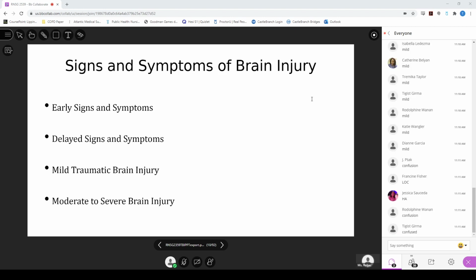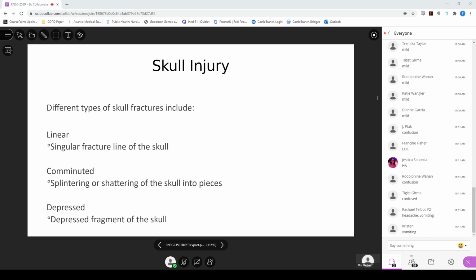Yes, confusion. They have a change in level of consciousness. So they'll have a headache. They can have a sensation of pressure in their head, sometimes nauseated and vomiting. Slurred speech would be an early sign. A delayed response to questions, where you ask them a question and then they seem like they're trying to think